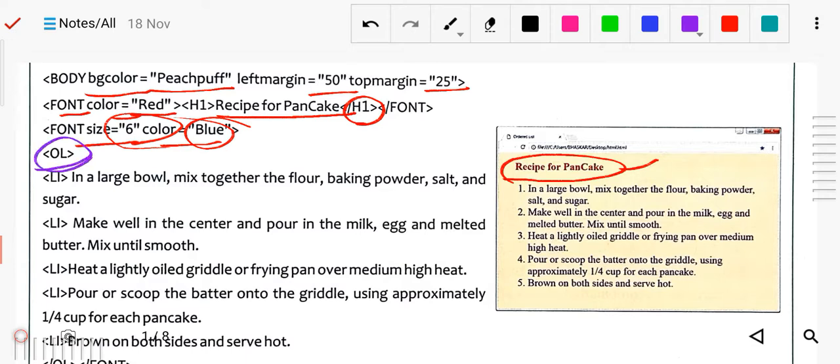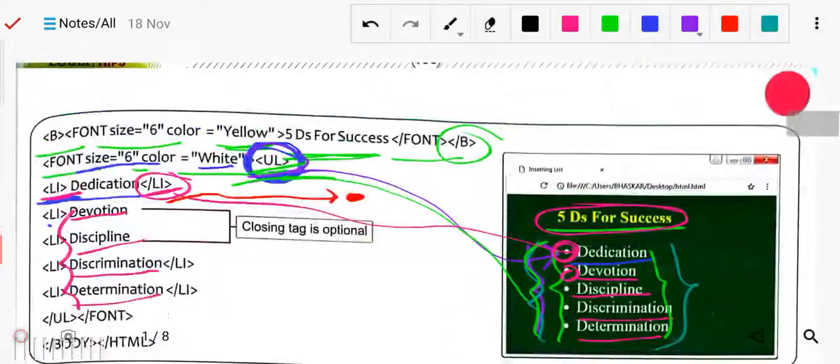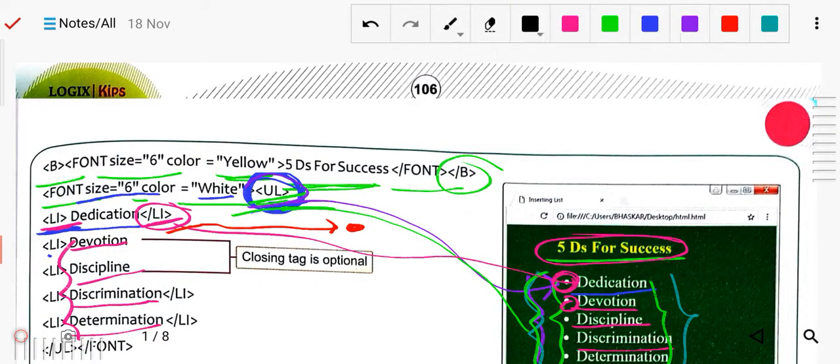Now we have defined which kind of list? Ordered list. Now first we write li, meaning after defining the ordered list, we told that this is the ordered list. Now whatever item we write, all of it should be in the list. Okay, and here, just one second, you see here that the li tag closing is optional. You can see here it is closed, here it is closed, here it is closed, but here it is not closed. So the closing tag is optional. If you want to close it, okay, otherwise leave it.